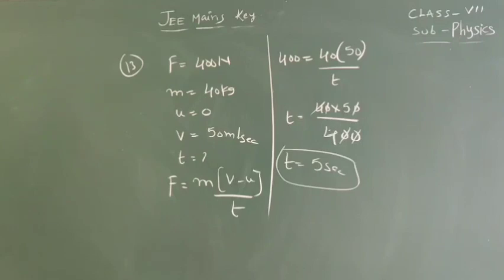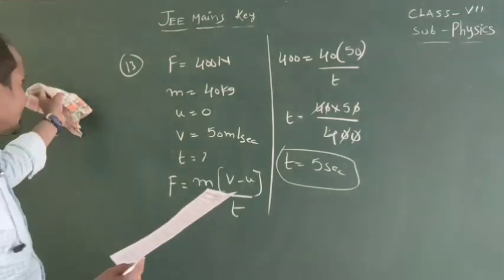Next, two bodies of equal masses move with uniform velocities v and 2v. Then find the kinetic energy. First body of mass equal to m and the second body mass also m. First body velocity equal to v and the second body velocity equal to 2v. Then the kinetic energy ratio is